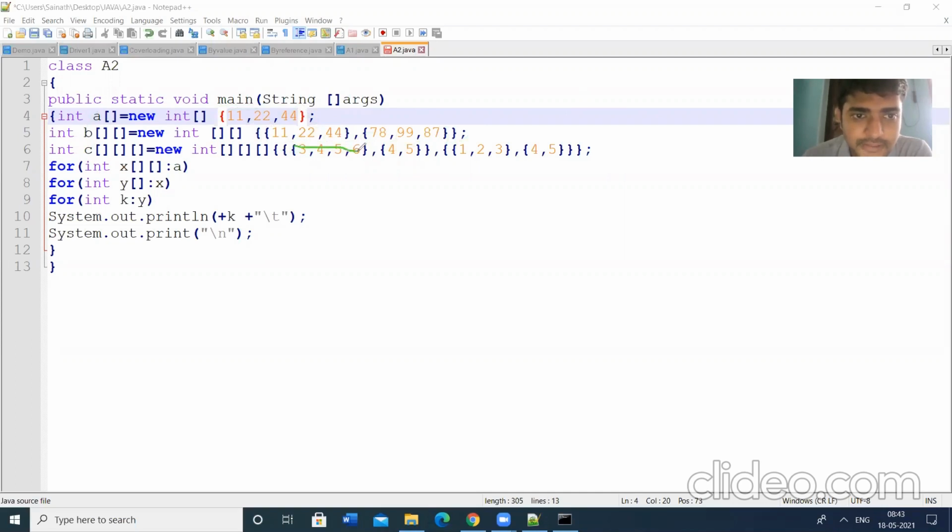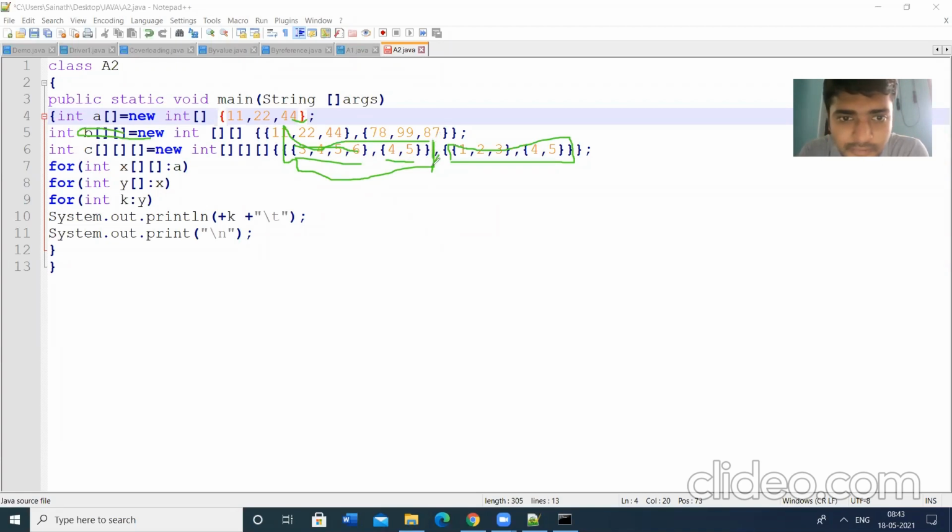This is the single dimension. For this, we are adding the second dimension. Up to this is a two-dimensional array. We are adding another dimension, the third dimension. So a three-dimensional array is nothing but an array of two dimensions. A two-dimensional array is nothing but an array of one-dimensional arrays. Three dimensions means it's an array of two dimensions.